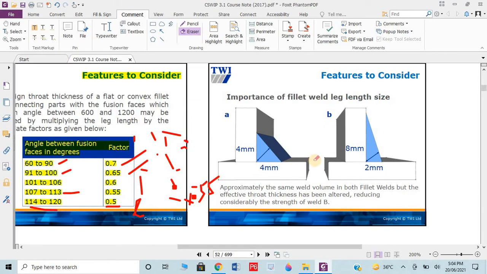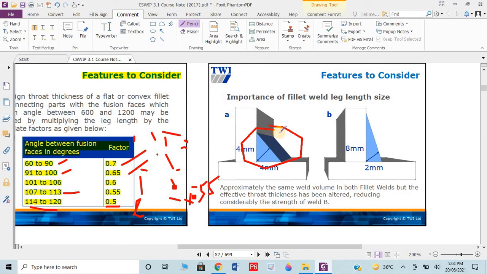The other thing is, which fillet weld is ideal. You can see here the leg length and the toe are almost the same and equal. This looks more ideal. The weld distribution is also equal and symmetric. 4 millimeter height, 4 millimeter horizontal leg length, vertical leg length. It means this is an ideal weld, fillet weld.